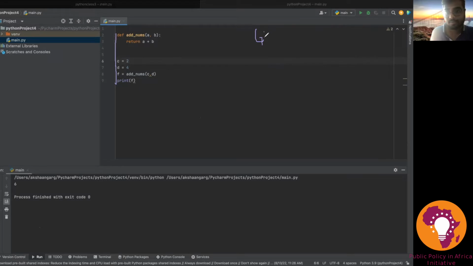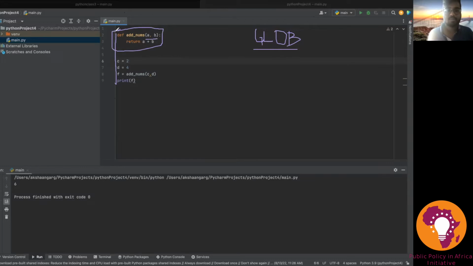What that means is that any loop can use these. These have the widest scope, right? They can be used outside and they can be used inside loops as well. But they can't be used inside functions, because inside this function, only A and B are defined